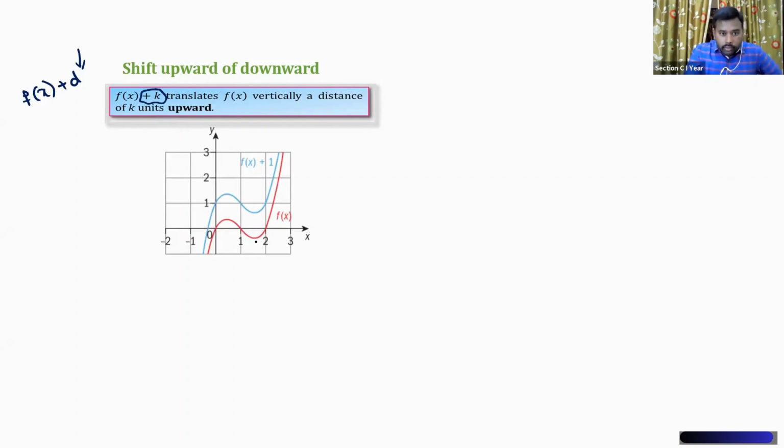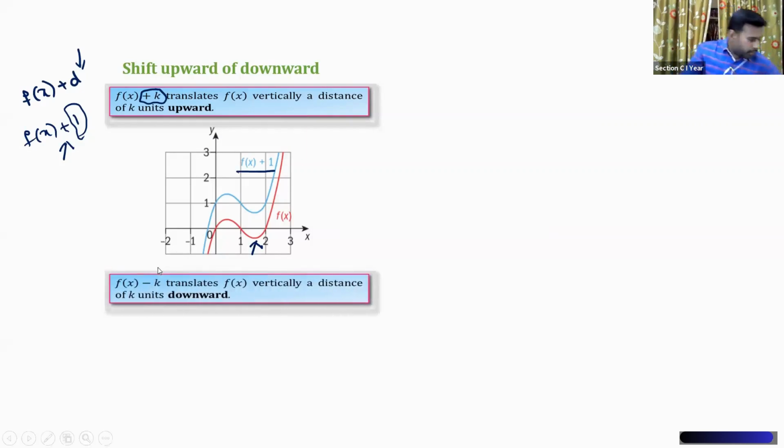Look at this, the red colored graph. This is the original function here. And see what you are doing here, f of x plus 1. When you add a constant 1 to f of x, 1 is positive. When you add 1 to the original function f of x, then the graph will be shifted upwards by 1 unit, right? Whatever constant you add, that many units the graph will be shifted upwards, right? In case if